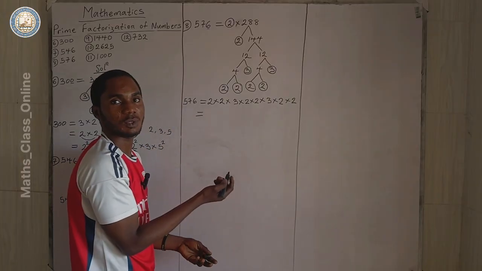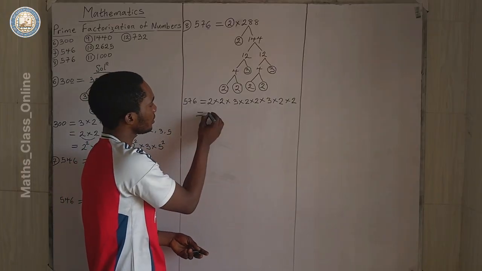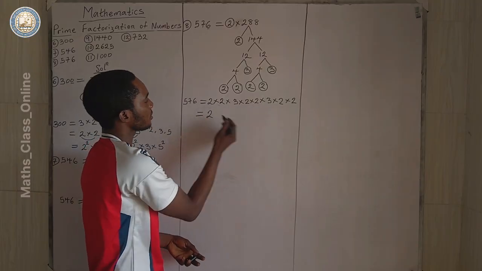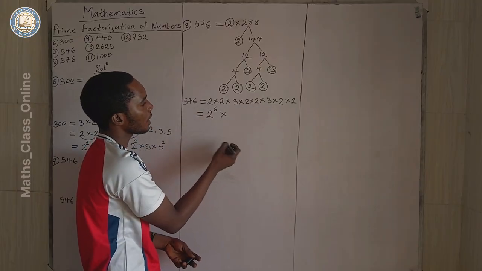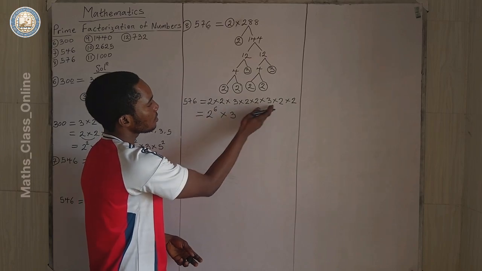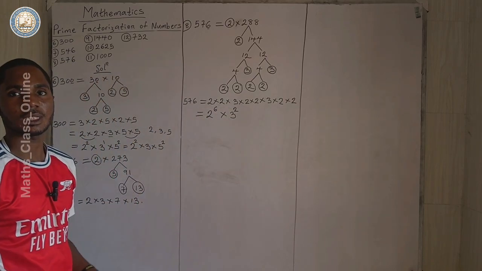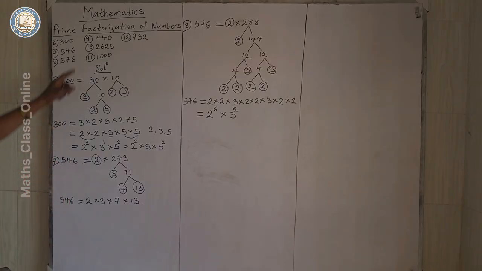The prime factors that we have is what? 2 and 3. How many 2? 1, 2, 3, 4, 5, 6. Times how many 3? 1, 2. This is the index form of 576. Next is